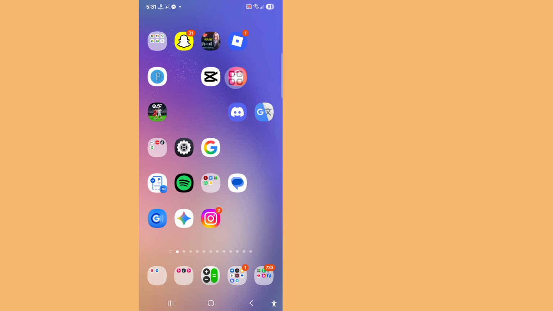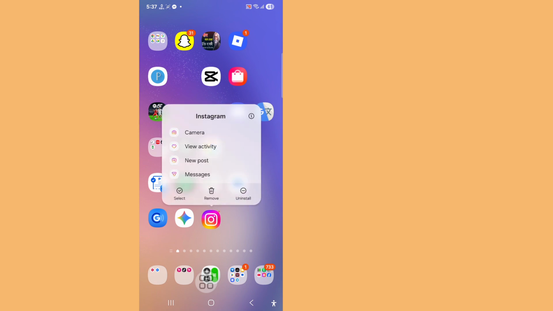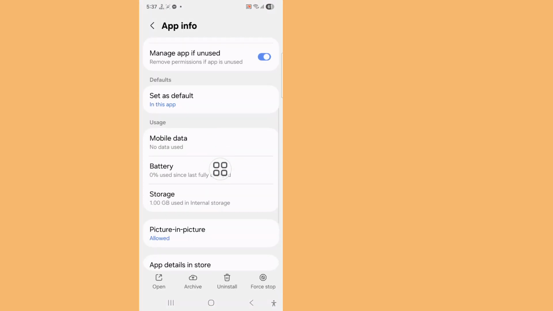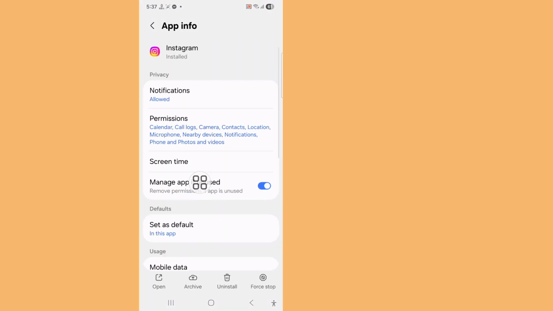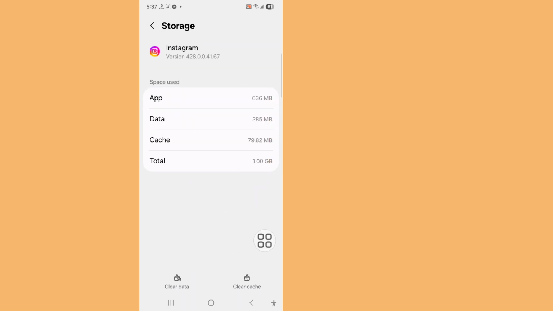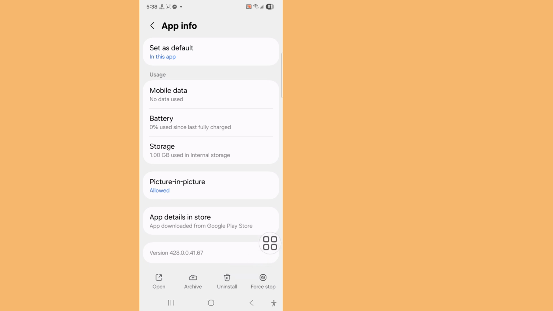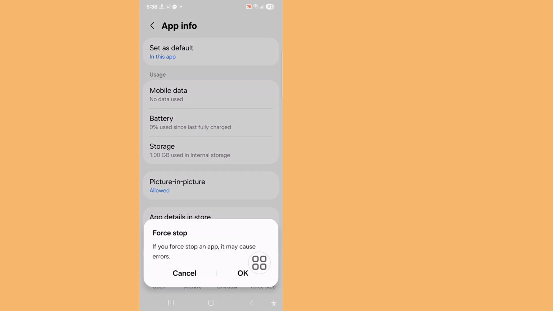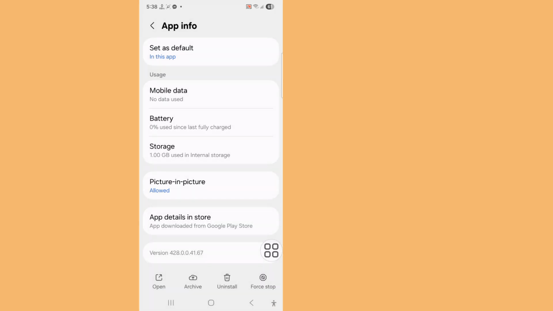After completing update process, find Instagram apps and hold and long press Instagram apps. Tap on Instagram info, scroll down, tap on storage, tap on clear cache, go back and tap on force stop, tap on OK, go back and home screen,